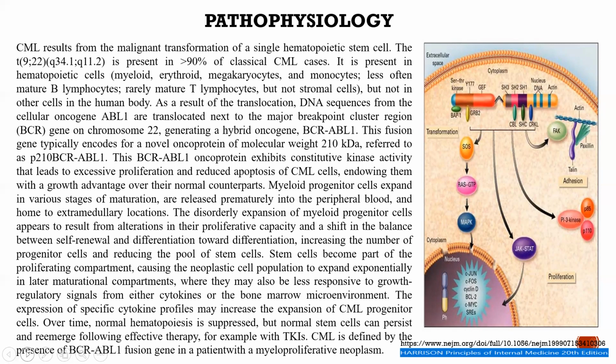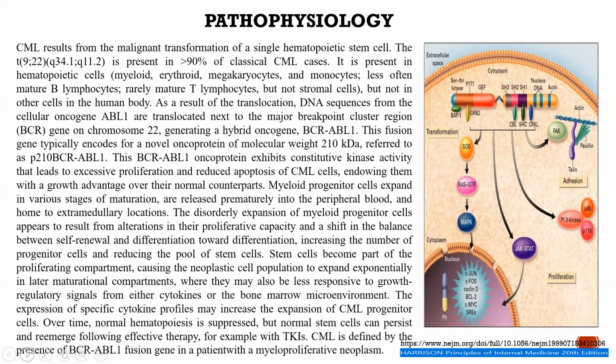The expansion of the myeloid progenitor cell appears to result from alteration in their proliferative capacity, a shift in the balance between self-renewal and differentiation toward differentiation, increasing the number of progenitor cells and reducing the pool of stem cells. Stem cells become part of the proliferating compartments, causing the neoplastic cell population to expand exponentially in the later maturational compartments, where they may also be less responsive to the growth regulatory signals from either cytokines or the bone marrow